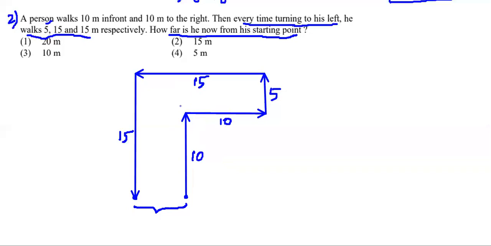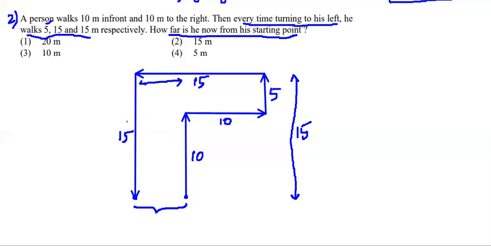Now see here, this person is going to travel 10 meters straight, then 10 meters right. And he's going to take 5 meters to the left. So that means this total distance has to be 15. Is it or not? This total distance has to be 15. And what next, he's going to turn 15 meter to the left. So that means he has already covered 10 meters here and he is coming 15 meters here. So he is just 5 meters away here, right? So this distance is 5 meters away.